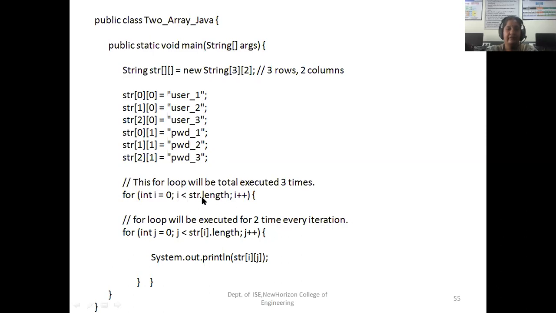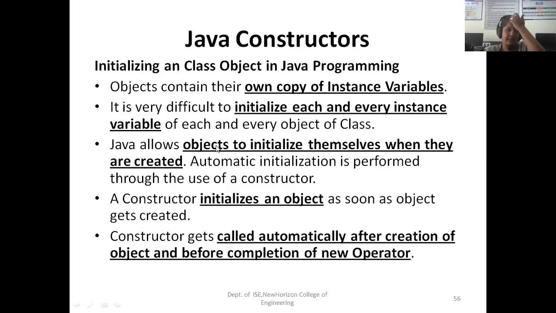I have to traverse it. When you are using two dimensions and you are going to traverse, you know that we need to use an i loop and a j loop. i is for row, j is for column, like that we have to use. So I have used 2 loops. str[i][j] means these outputs will be printed on your console.